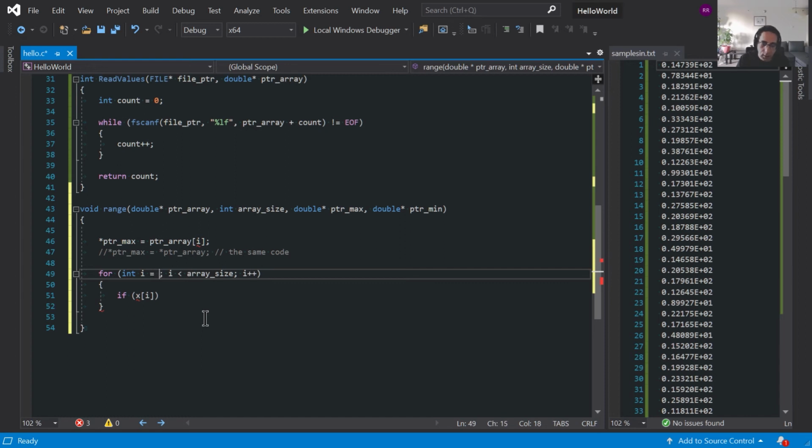That's why I want to start from 1 rather than 0. Okay. So if the second element is bigger than the value of the ptr max,